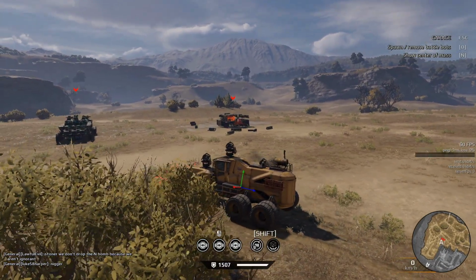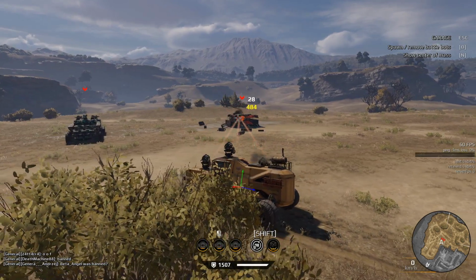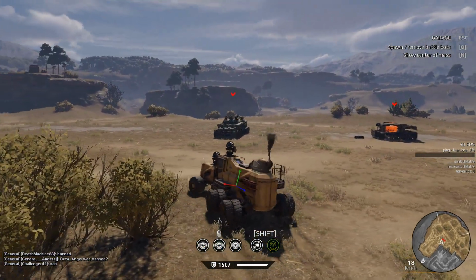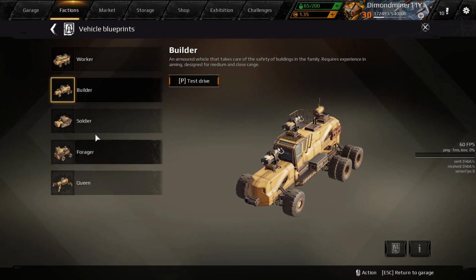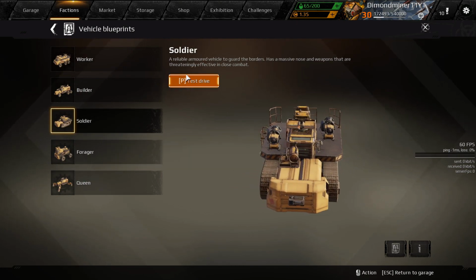Let's see how good it reloads with the buff to the cabin. As you can see, not too terrible. I mean, that cabin is making a difference, and if you combine that with the Colossus, then you have a seriously reload machine of power. The next one is